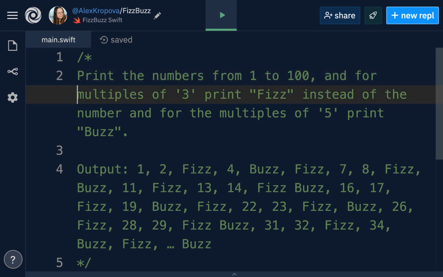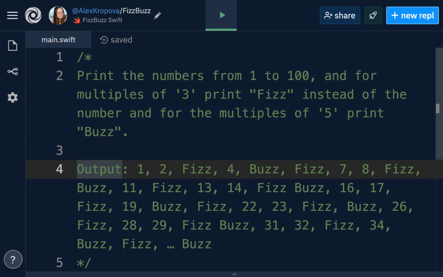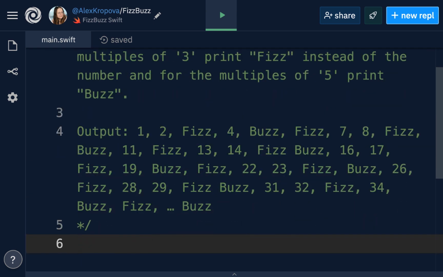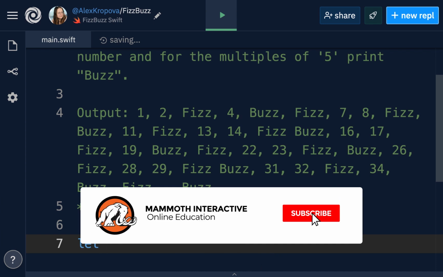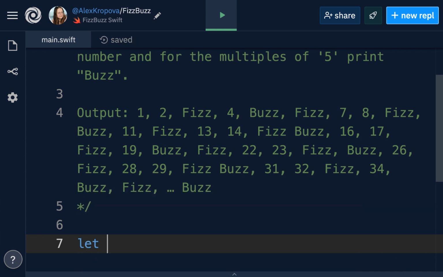So immediately we can think of the edge cases for this question, and that is, what if a number is a multiple of 3 and 5? Well, in that case, we would want to make sure that we print not fizz, not buzz, but Fizzbuzz. So let's go ahead and do just that. We'll open up a function that is going to solve this, and we can store it as a constant, and we're going to make a map that is going to store the fizz or the buzz or Fizzbuzz to print. And we can't forget that we also have to print the number itself, even if it is not a multiple of 3 or 5. So we'll call this Fizzbuzz, and we're going to put in an integer and return a string.